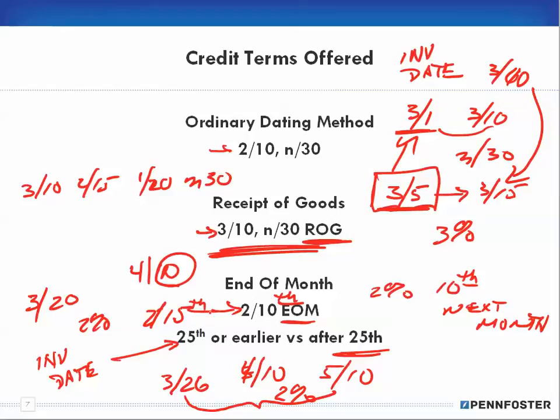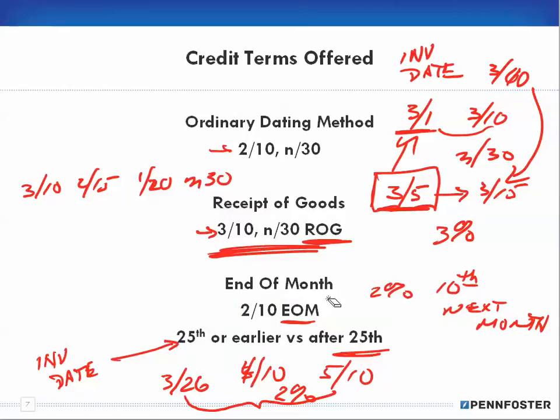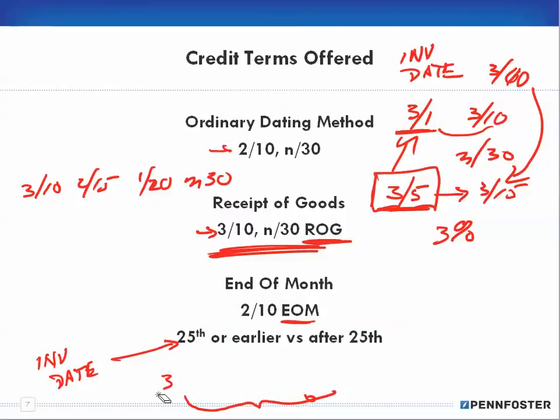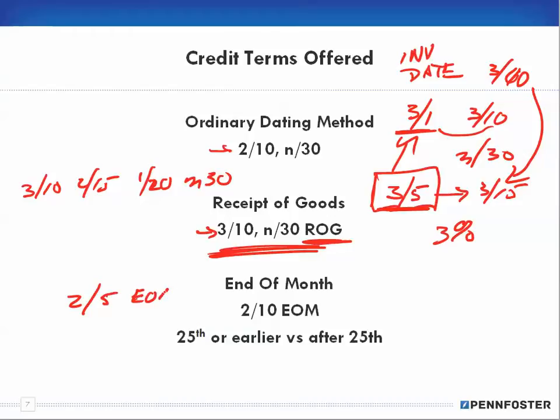But realize that, again, that's something that the seller is determining, okay? Instead of the 10th, now this is all getting pretty sloppy, so let me erase a lot of it here. And I'm also getting pretty long in this video. I'm the one who can determine this. Instead of 2% by the 10th for the end of month, I can say 2% for the 5th EOM, meaning